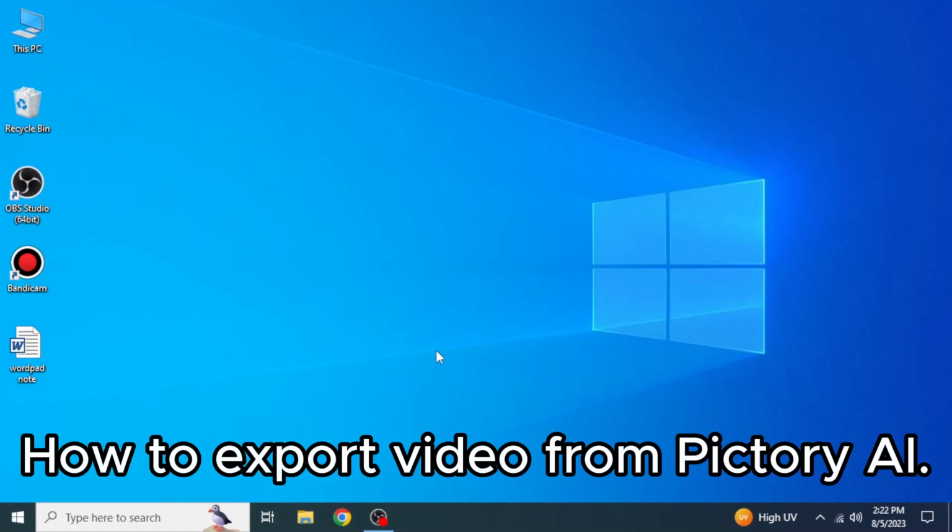So here's how to export video from Pictory AI. It's quite simple and easy to do, but make sure to watch the full video so you don't miss out